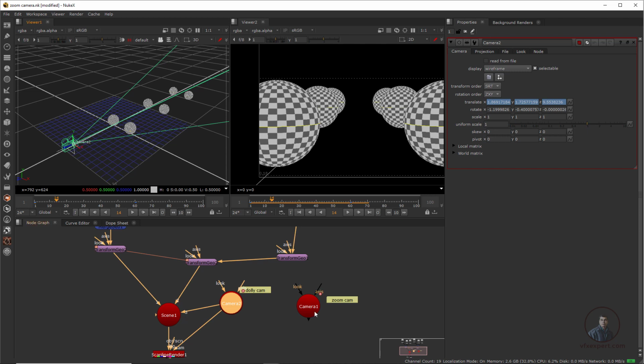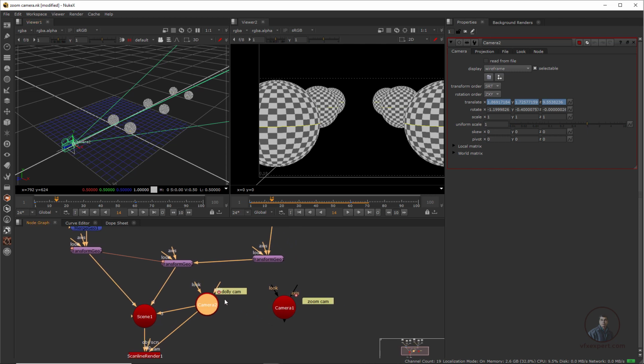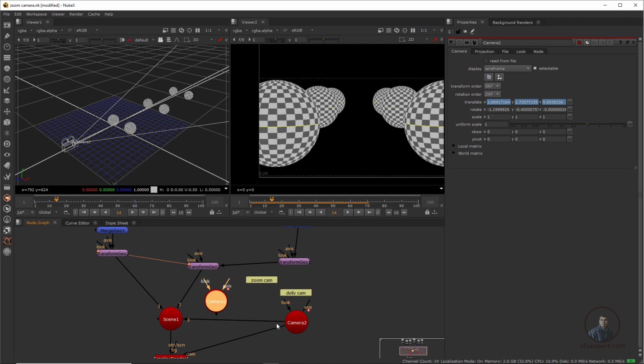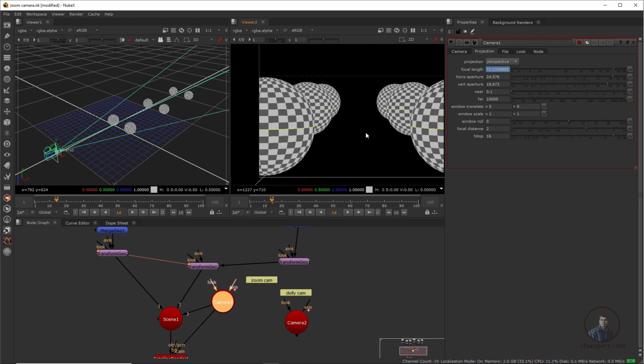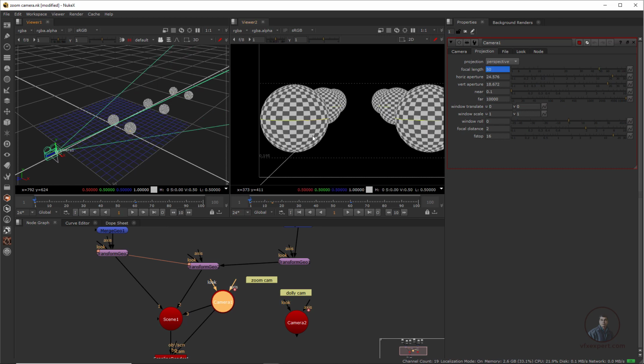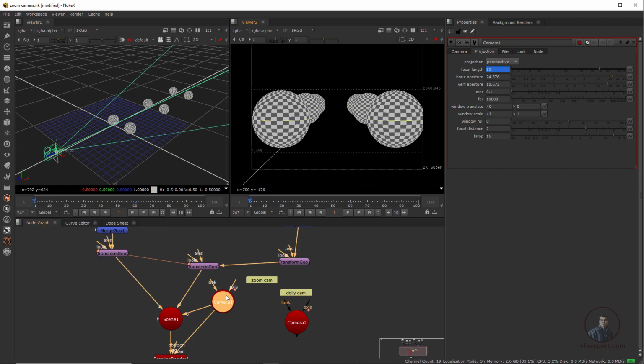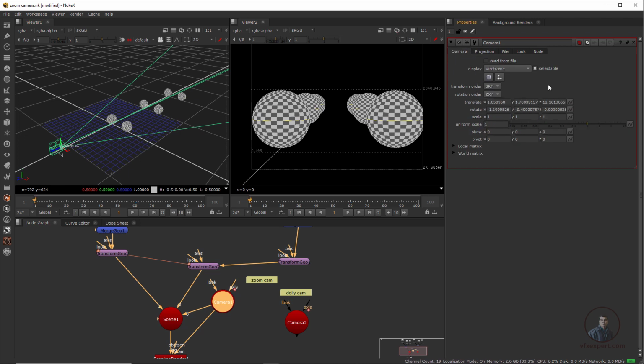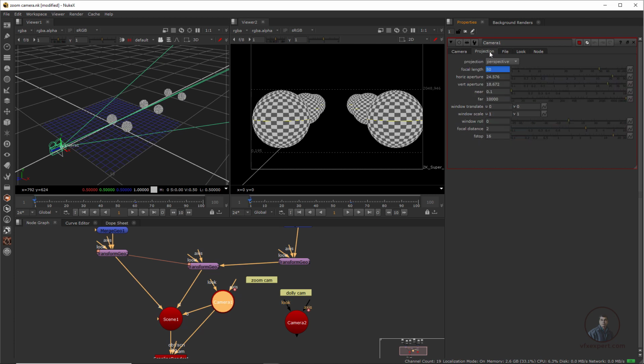Here I am going to change this one. Just unplug this and connect it here, so we can understand easily. Now simply double click here. Now again click here, so easily we can see. In our zoom camera, I have not animated any translate value, so the camera is not moving. Come here in the projection settings, and here you will get the focal length.